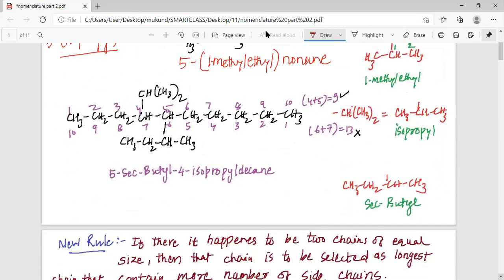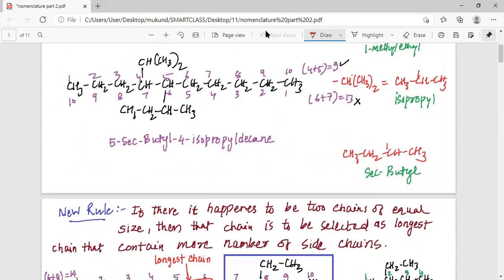But if we really look into the nomenclature system, what you simply realize is this group is isopropyl and this group is secondary butyl, and thus we call it 5-secondary butyl 4-isopropyl. Why did we write 5 first and 4 later? Because of the alphabetical order. So we have followed the alphabetical order,